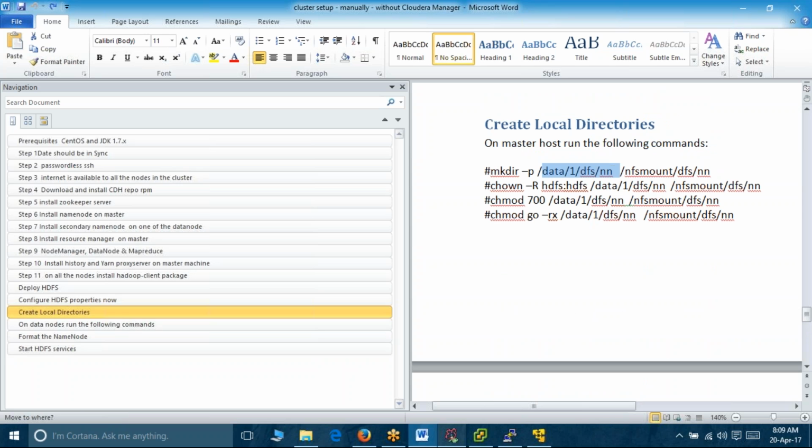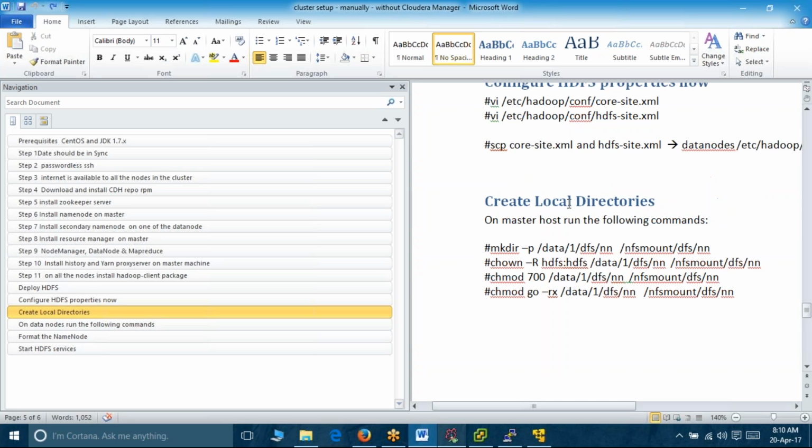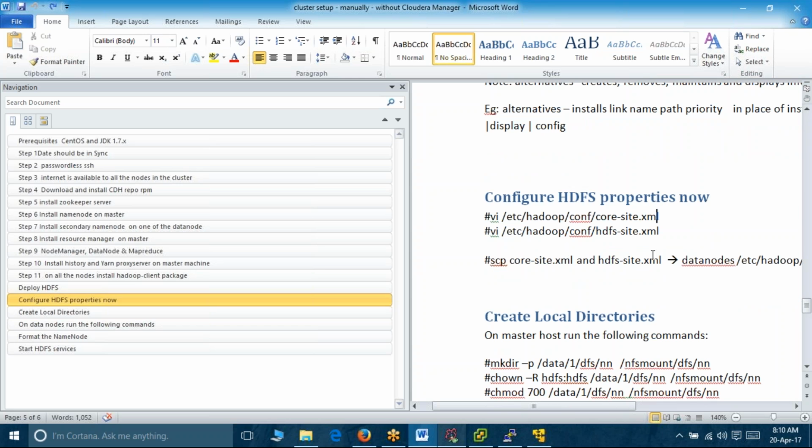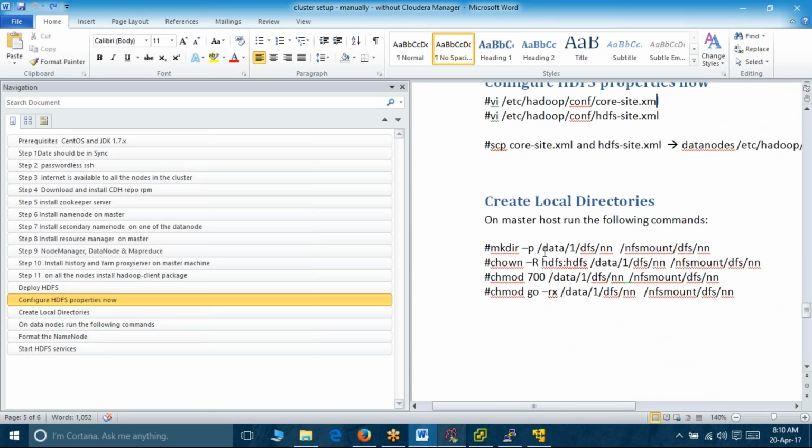We are creating the directory now, and we are changing the ownership of the directory to your HDFS user and HDFS group, and we are changing the permissions too. Are you getting this? Yes. Inside the configuration file, we mention where this name node file system image and edit logs are going to be written. But we are creating that directory now because we didn't